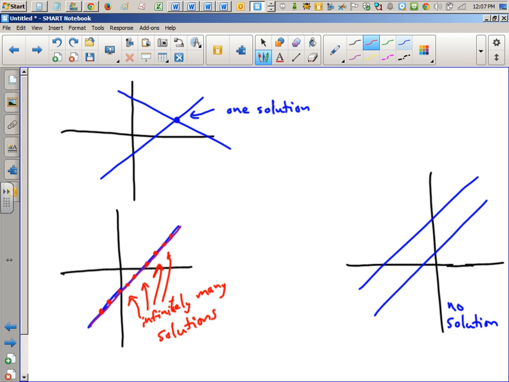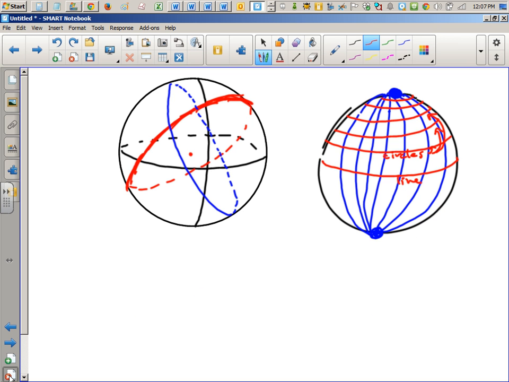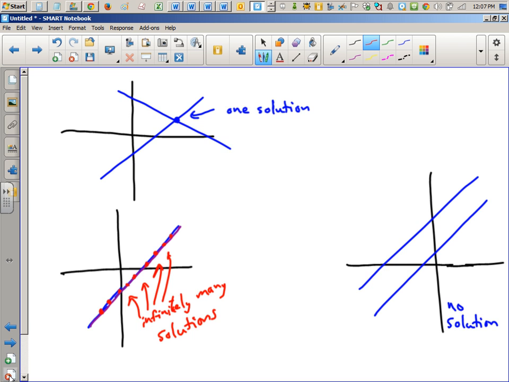Beautiful stuff. We're in the simple world of two-dimensional Euclidean geometry. Straight lines either cross or they don't, or they're the same line. Everyone with me here? Okay, so you can ignore what we said about the sphere. That was just for fun. I know some of you like that kind of thing. All right, let's go to